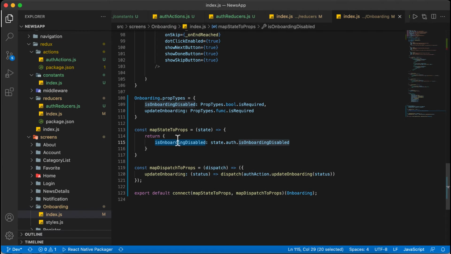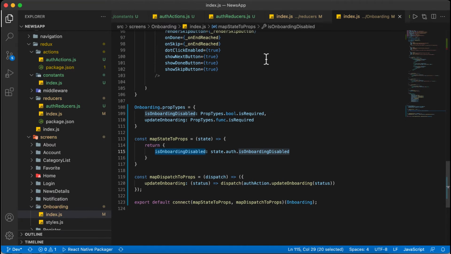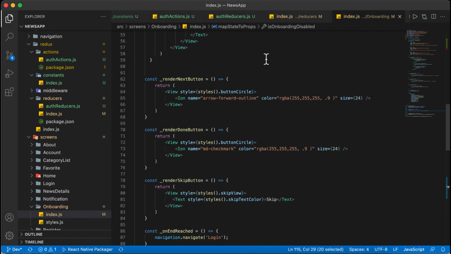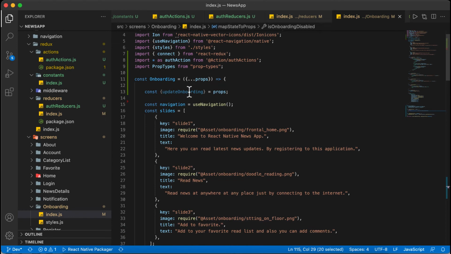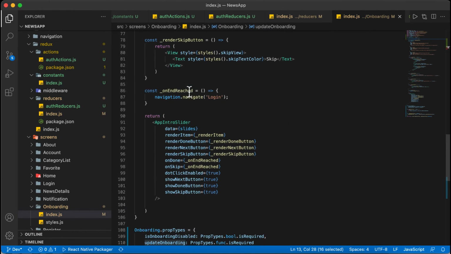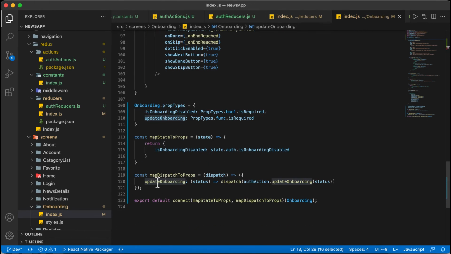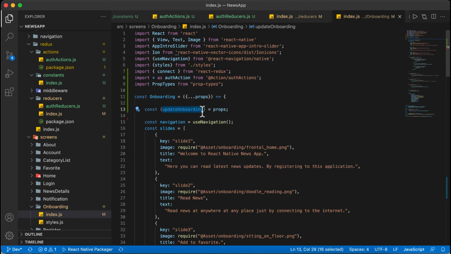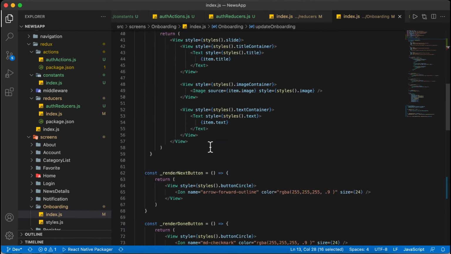We will use this inside the auth stack. There we will check if it's true, we will display the onboarding, else we will display the splash screen. So here I have accessed the props, updateOnboarding, which takes a parameter status.